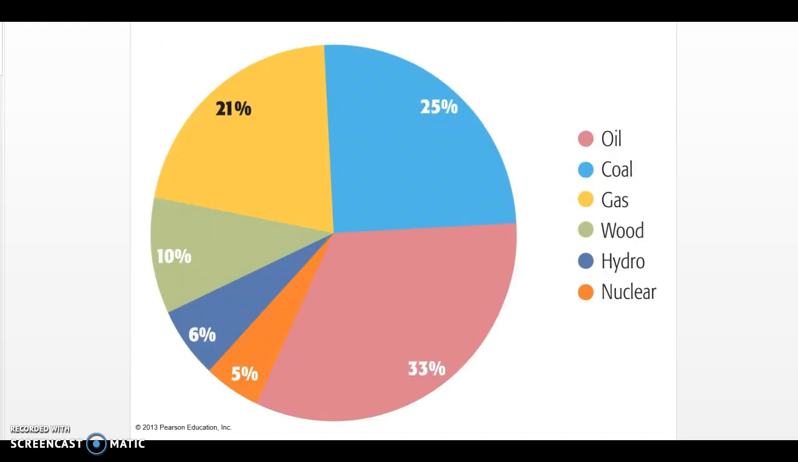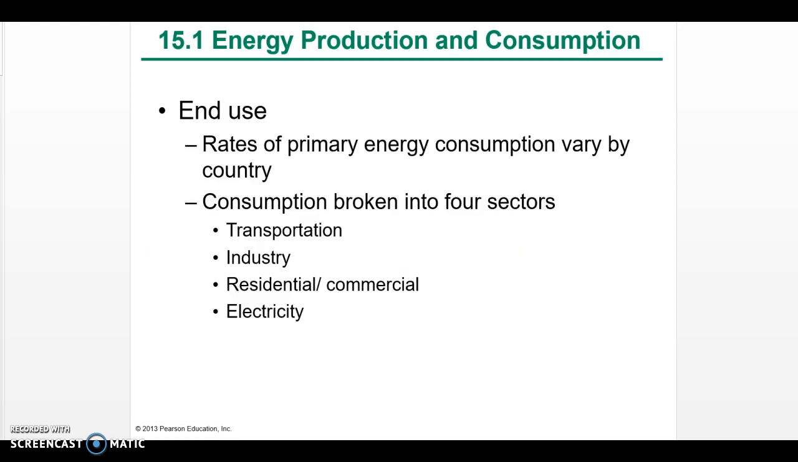And this just kind of gives you an idea of fossil fuels: they account for 80% of the primary energy resources consumed by humans, which is, of course, a big problem. It's a huge problem. So the end use is the rates of primary energy consumption vary by country, and of course the consumption can be broken into 4 sectors. So we either use primary energy for transportation, industry, residential, commercial,